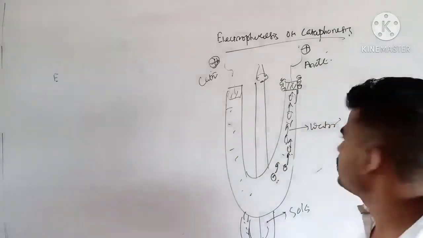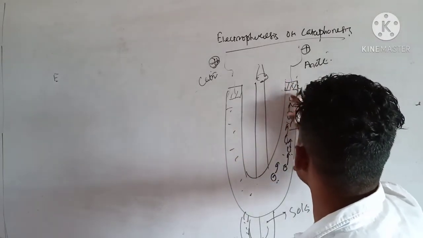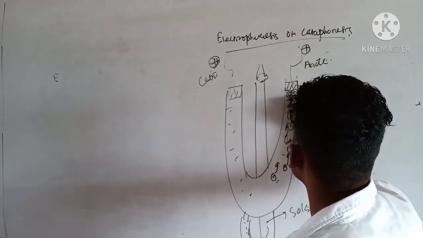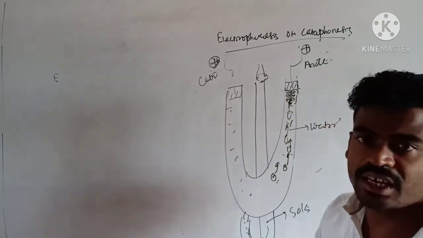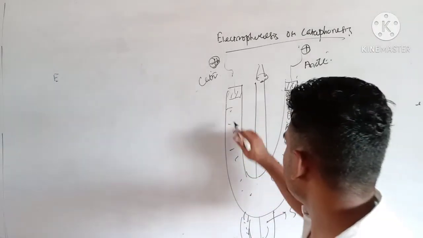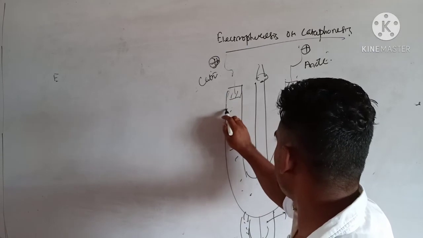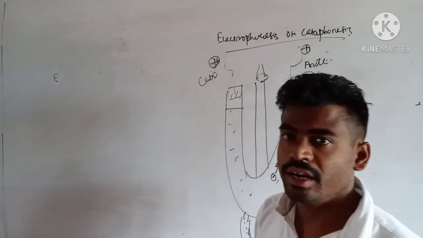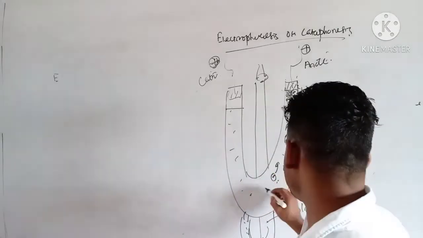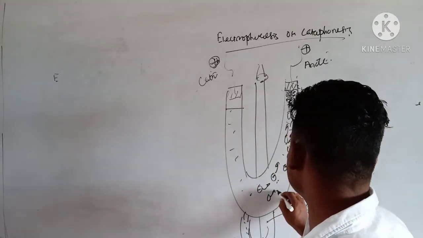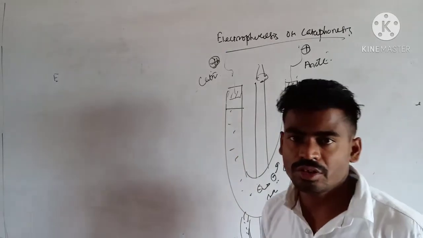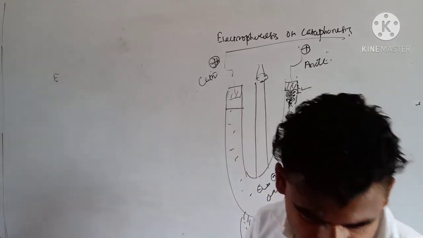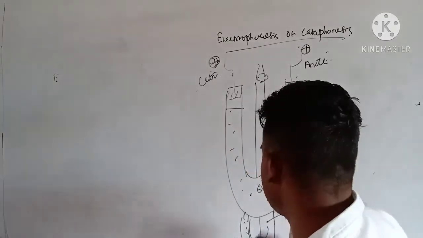Okay, get collected there. So here it can be like this, negative, negative, negative. So it indicates the particles are negatively charged colloids. Okay, that can be known. The water level from this end goes on decreasing, and here the water level goes on increasing. From this it is clear that the colloidal particles are negatively charged, because they migrated towards the anode. This is called cataphoresis or electrophoresis. Clear? Next, very important, that is